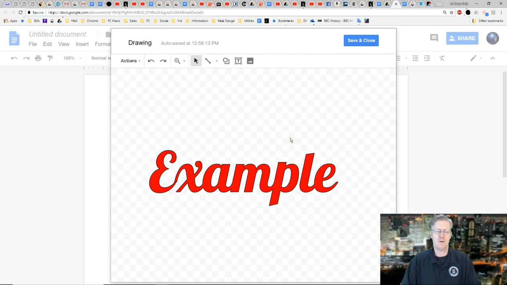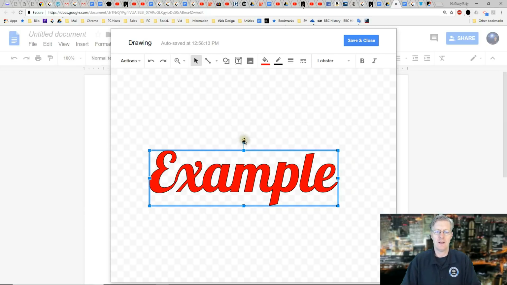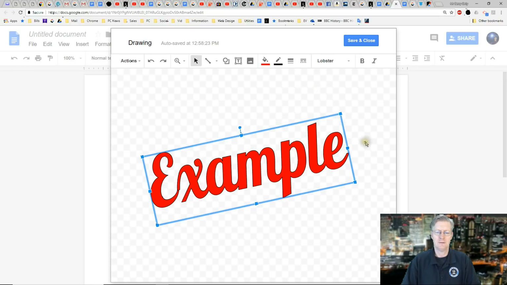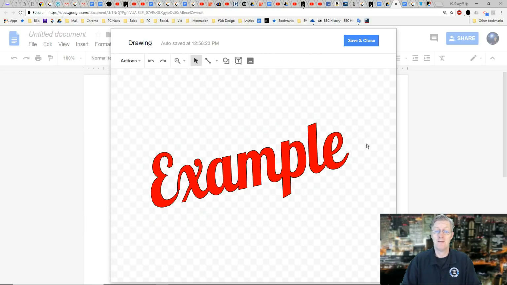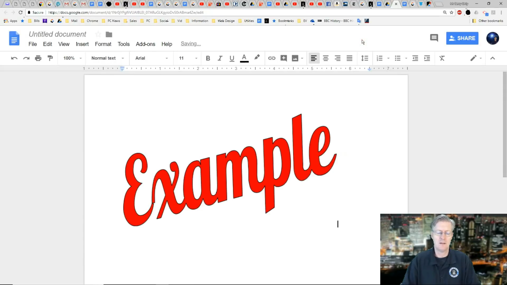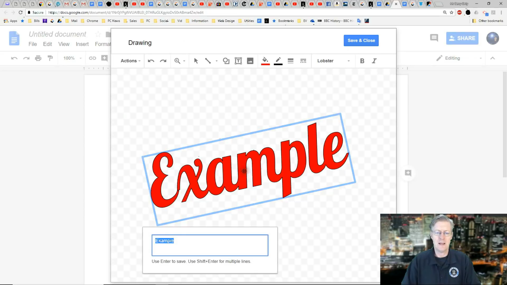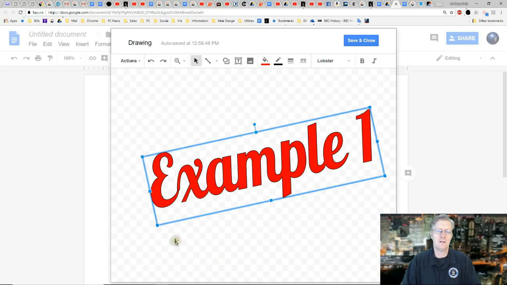And once I'm really happy with it, I'm not quite happy with it. Let's change the angle of it, make it a little bit larger. There you go. Now let's say that I'm happy with that one. I'll click on Save and Close, and it puts it within my document. Now let's say that I wasn't quite as happy as I thought I was. I can simply double click on that. It brings it back up. I can double click on the text and I can change the text. So I'll put a 1 in there, and that adds the 1 to my word art. And I say, well, actually I wanted a border.